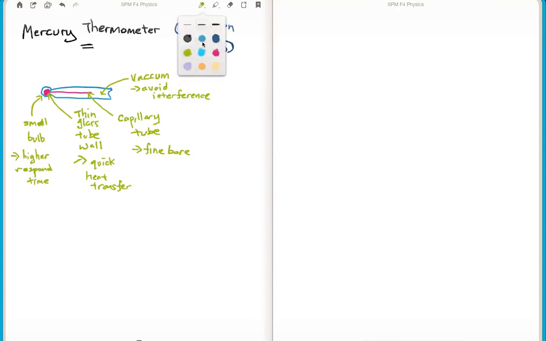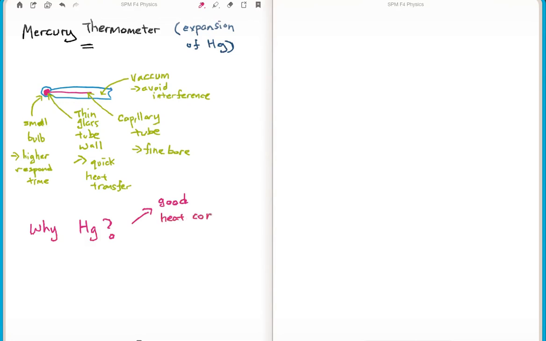Then last thing, out of the 200 over elements in the periodic table, why mercury? Okay, standard answer. First thing, it is a good heat conductor. It conducts heat very well. That's the first point. Second point, it has a high boiling point. Those are the keywords you need to pick up,